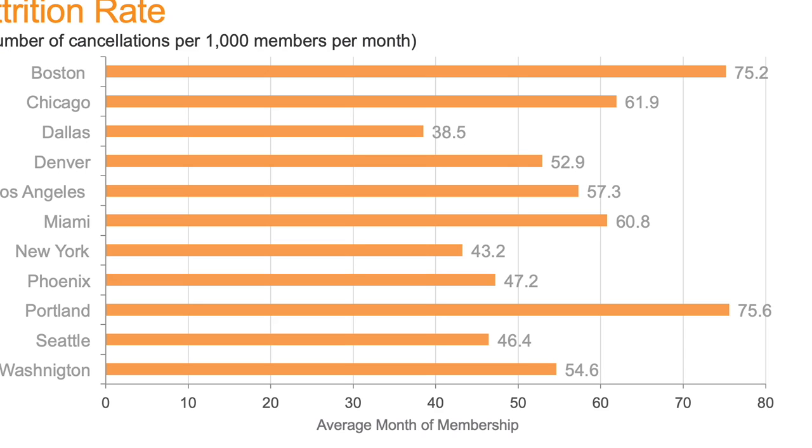Now, if Boston is a 5,000 member club, then I just multiply the 75 by 5. If Chicago's a 3,000 member club, I multiply it by 3. If it's less than 1,000, I multiply it by the decimal version of 1,000. So Dallas is only losing 38 customers per 1,000 per month. In fact, the rate of loss, Dallas loses half as many customers as Boston does.